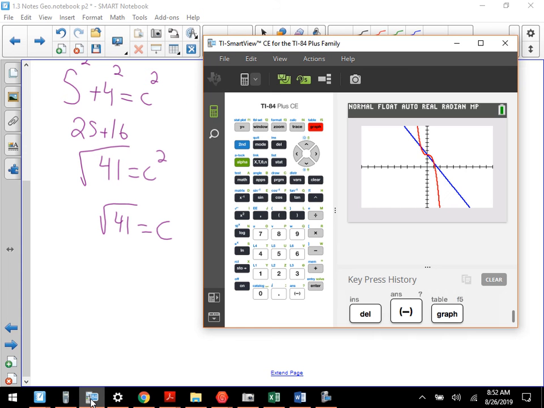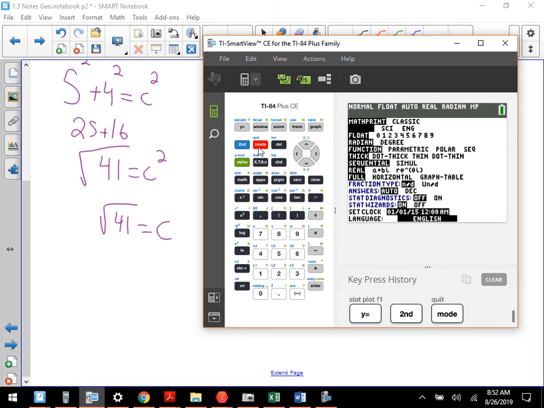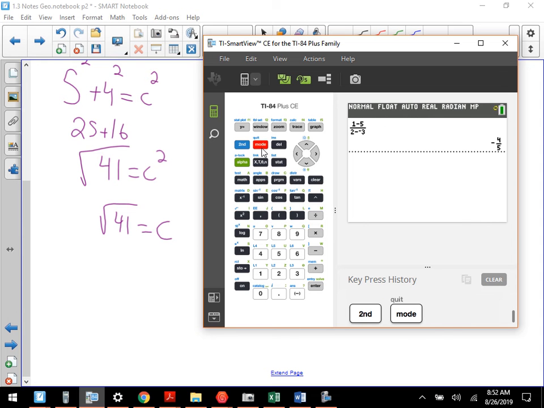No, it doesn't want to show up. Oh, let's use this one. If it gave you a decimal,